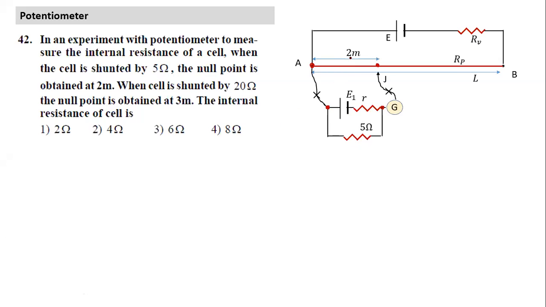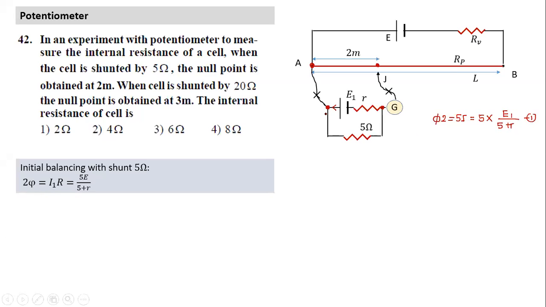If I start from the basics, this potential difference is equal to phi into 2, which has to be equal to the potential difference between these 2 points, and let the current be I. That will be equal to 5 into I. And what is I equal to? I'm not using any rule or formula. I is equal to E1 divided by the 5 ohm resistance plus R, so 5 plus R. That's the first equation. Practically no formula is needed, and actually you should not solve with the formula.